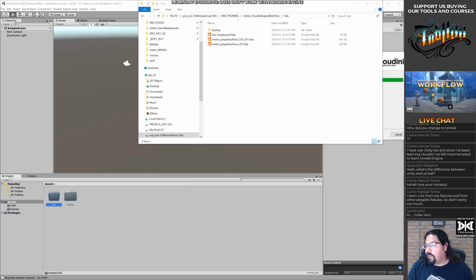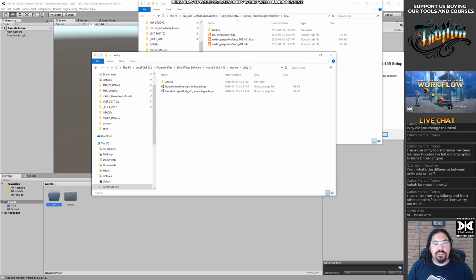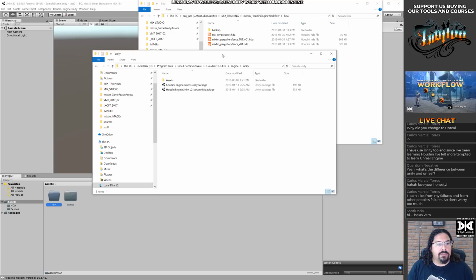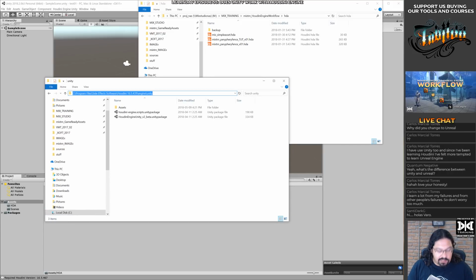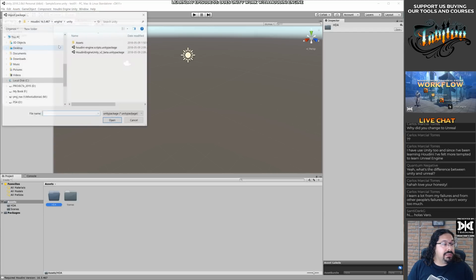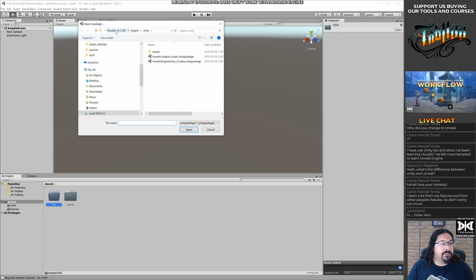I'm gonna have 439 engine Unity. So I'm gonna install this one. 439 is the one that I'm gonna be using. I'm gonna install this package now. Let's do it again. Import package, custom package. Let's do 439. This one should work.